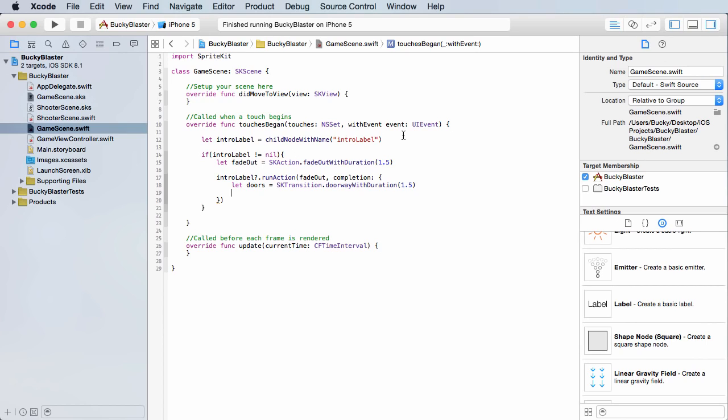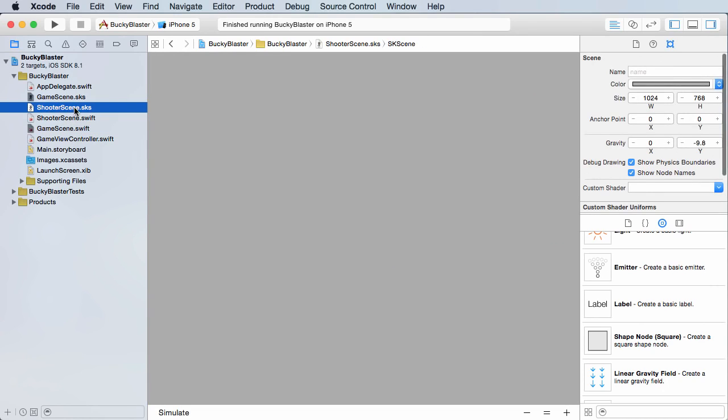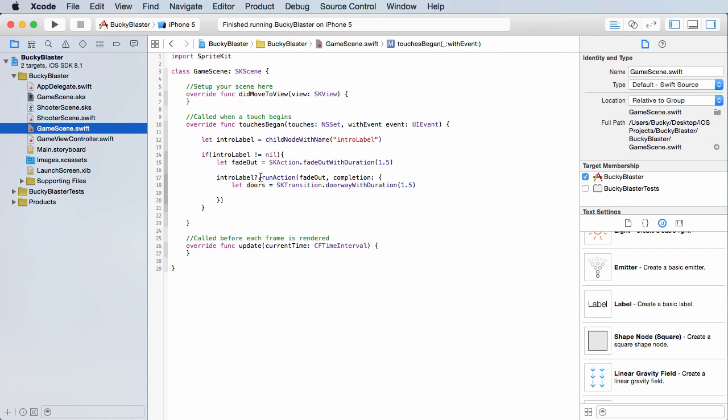All right. So now we have all these transitions, but we don't even have a reference to the other screen yet. So again, this other screen is called shooter scene. So let's get a reference to that, because then when we say, hey, we want to go to a new level, it's going to be like, all right, well, where? All right, so let shooterScene equals shooterScene